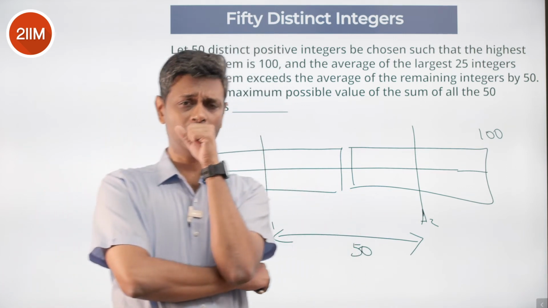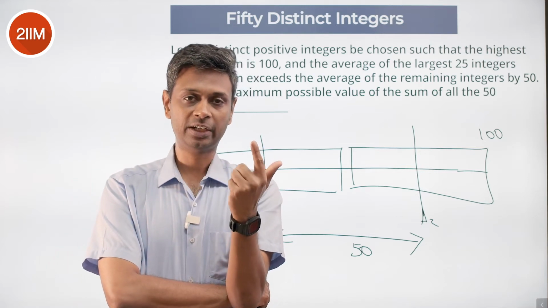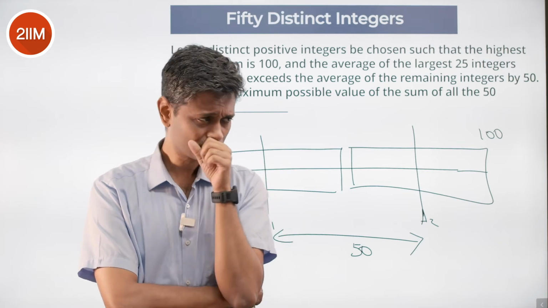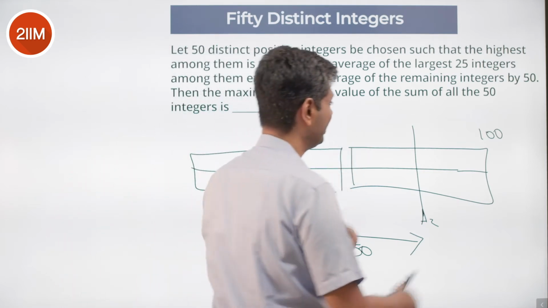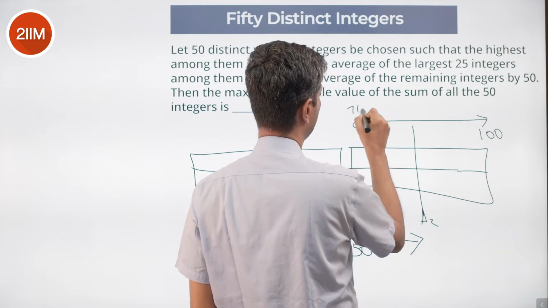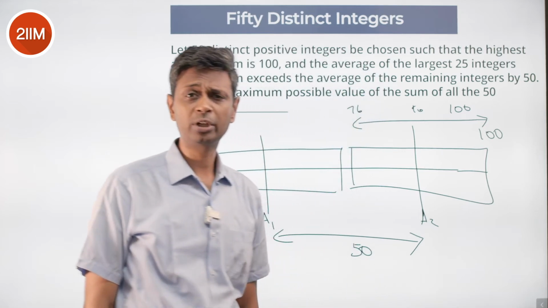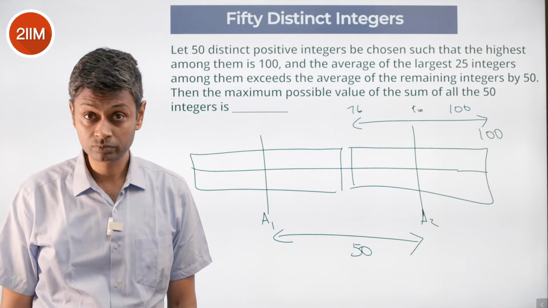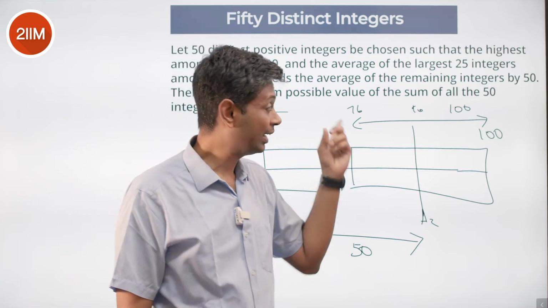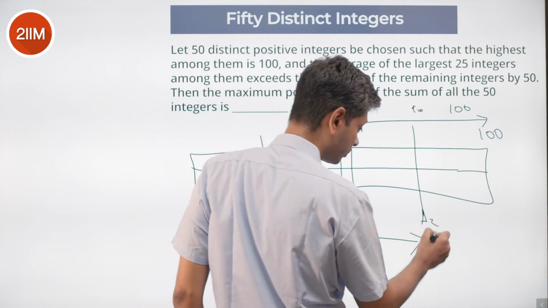If I have numbers that are close to each other starting from 100: 100, 99, 98, 97, 96, 95, 94, 93, 92, 91 and so on. That means I take 25 integers from 76 to 100. Those are my 25 largest integers. What is the average among these? It will be the middle term, 100 plus 76 by 2, 176 by 2. This average will be